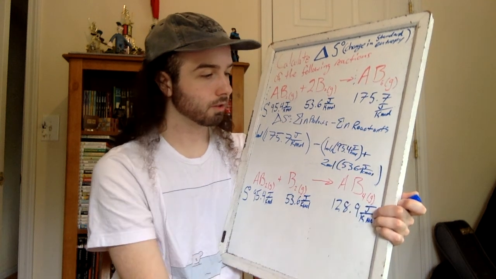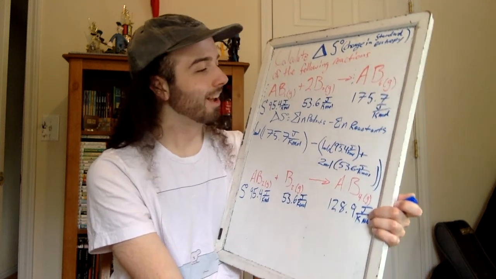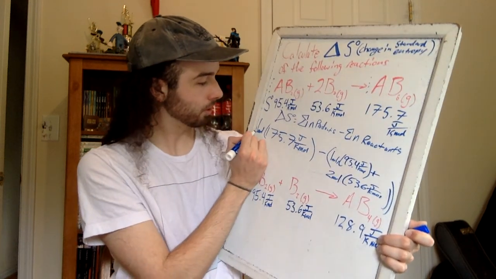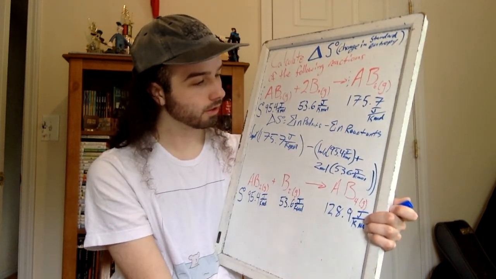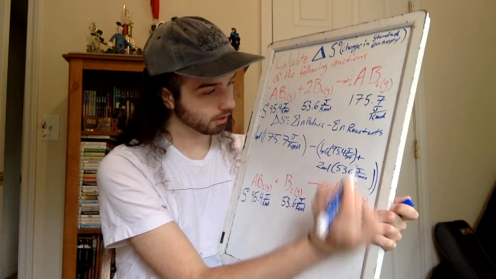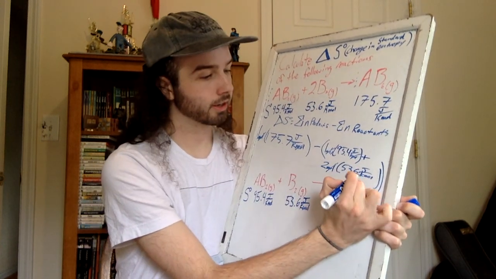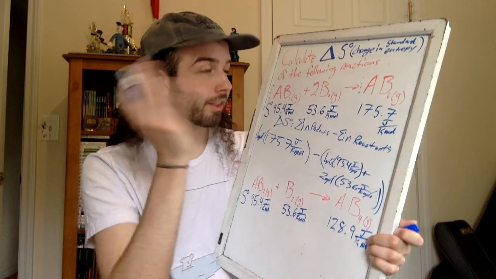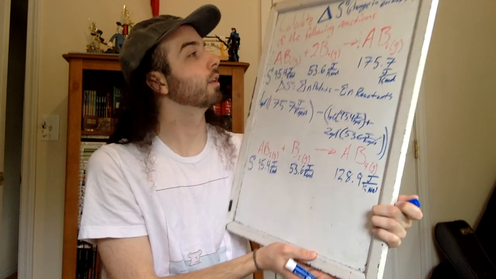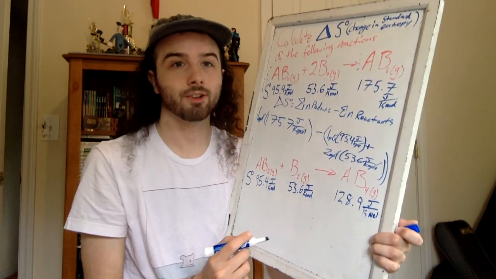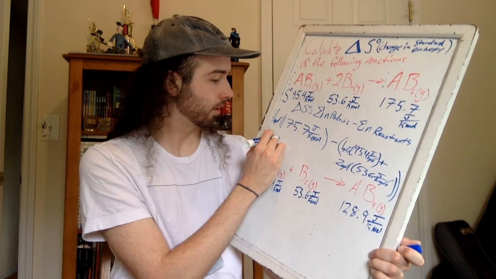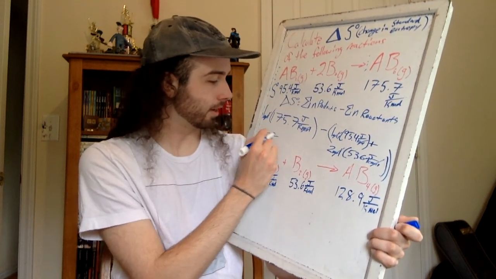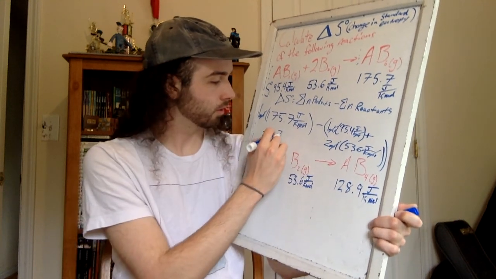Now, if you'll notice, some of our units will cancel out. So our moles here are going to cancel with our moles here. Our moles here are going to cancel with our moles here. And our moles here are going to cancel with our moles here. So what units will that leave us in? That's right, joules over Kelvin. Standard units for our delta S naught. Okay, so when we put that into our calculator, we get negative 26.9